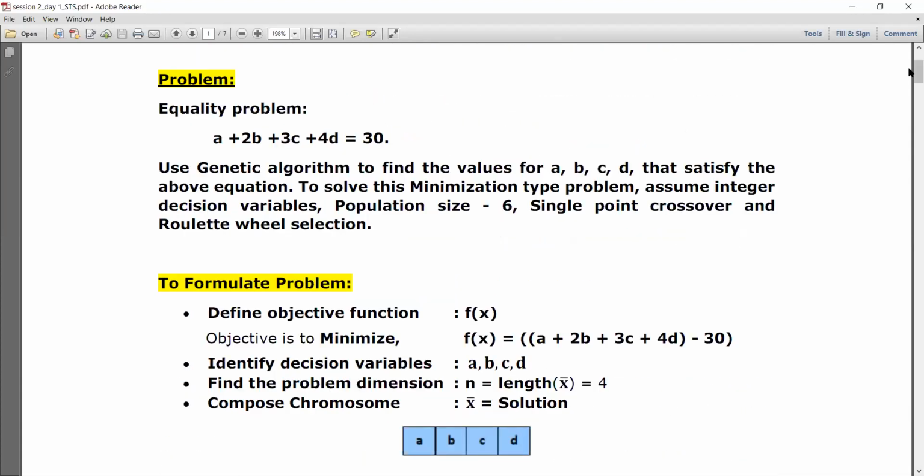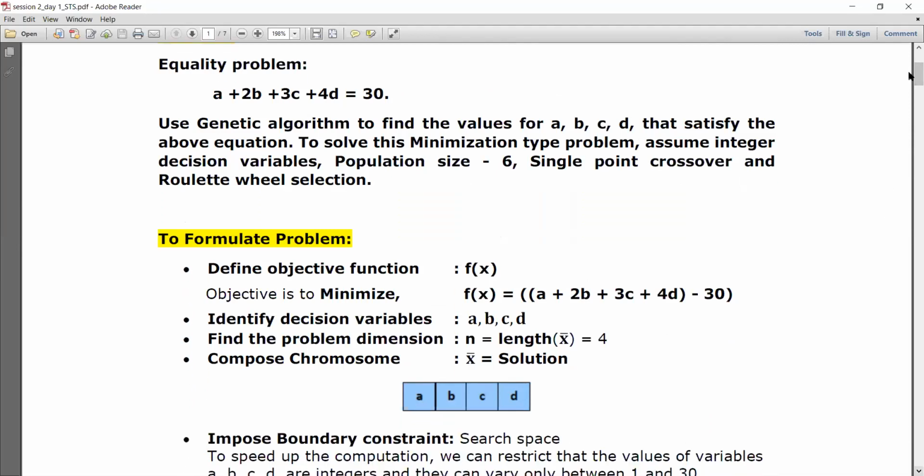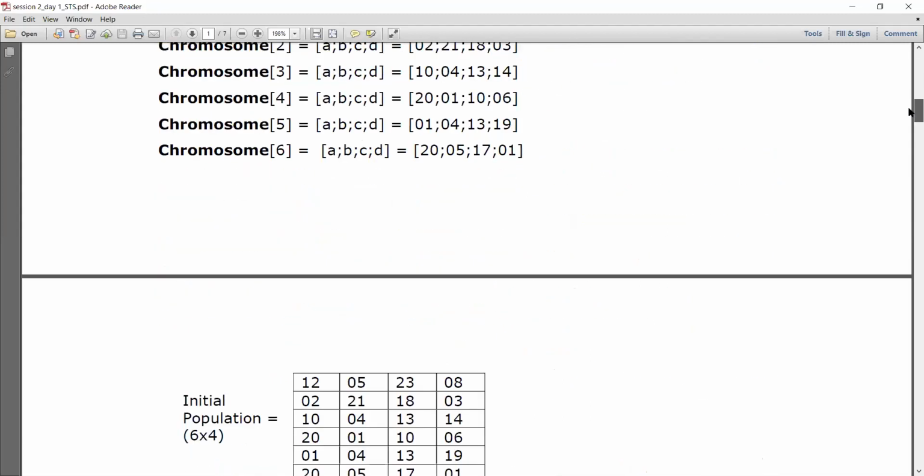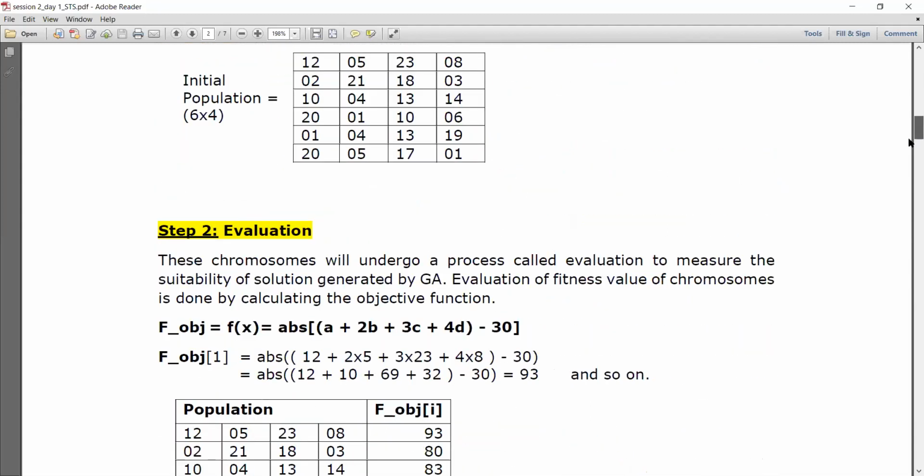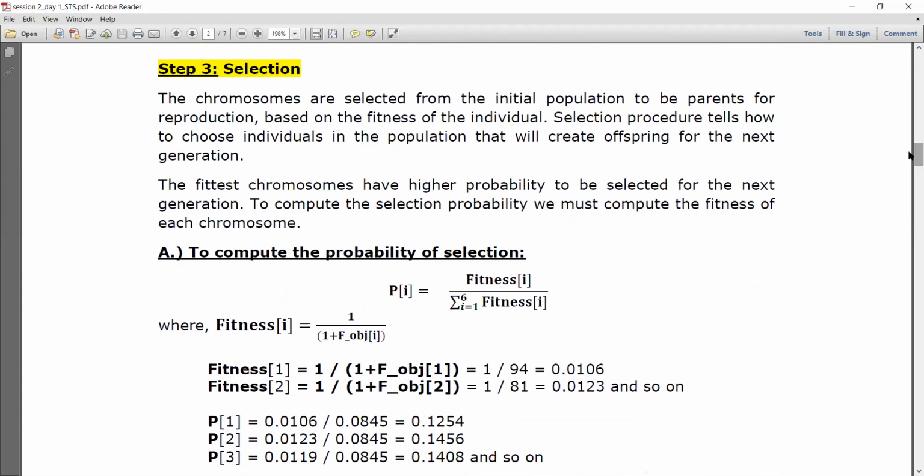We have learned all this probability in mathematics in schooling itself, but still let me show that formula to find out the probability here. So this is the probability. P of I is equal to fitness of I divided by total fitness. Each chromosome has its own fitness, is it not? Similarly, I have 6 chromosomes, so I have 6 fitness numbers. You add up all that, then you will arrive at the total fitness. In order to know the probability of each chromosome to be selected as a parent, let us find out fitness of that particular individual divided by the total fitness. Done. So it is so simple.